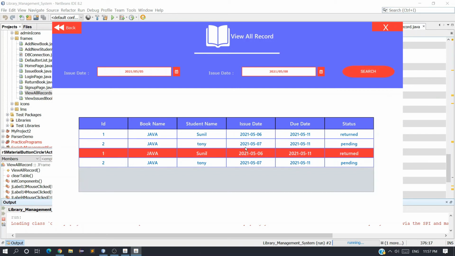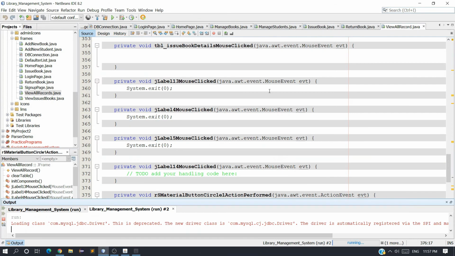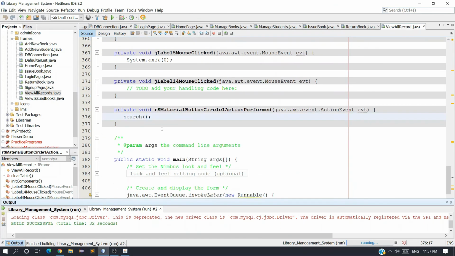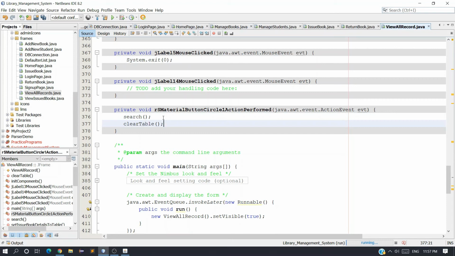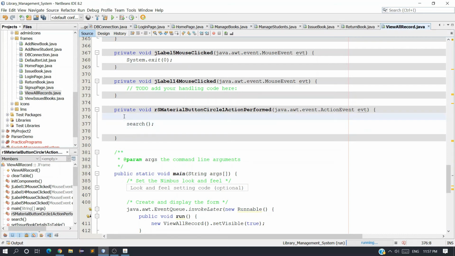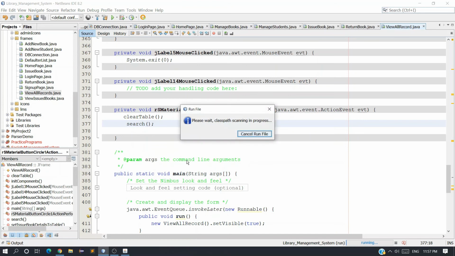You can see we got the records, but we are getting the records twice because we have not called the clear table method. So call the clear table method before the search method: first clear the table, then call search, and run it again.